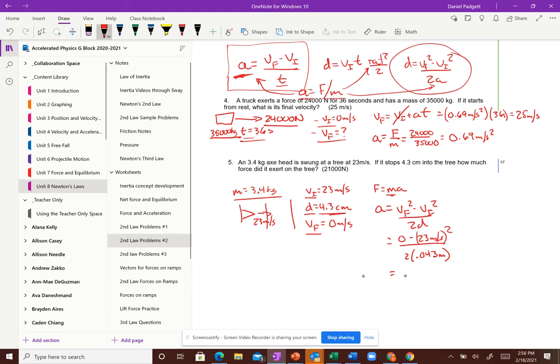And that would give us our acceleration value. You put that in the calculator really quick, 23 squared divided by 2 times 0.043, and it gives us an acceleration of 6,150 meters per second squared. And then we multiply that by the mass of the object, so 3.4 kilograms times the 6,150, and that's going to give us 21,000 newtons. So again, look at what you have to